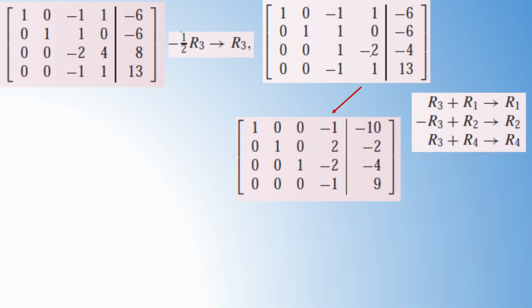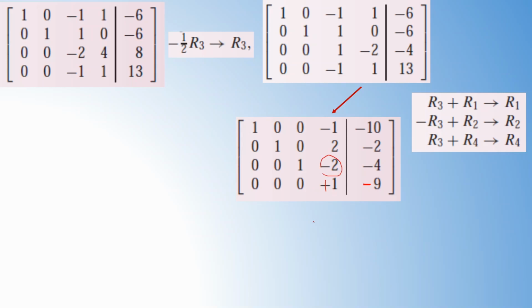Okay. Now you see in the third column we have only the main diagonal 1, and all other entries are 0. Now we move to the fourth column, so that we should have 1 here. For that you can multiply the fourth row by minus 4 to get the new fourth row. So in this case it becomes plus 1 and minus 9. Now using these we have to make this entry into 0.